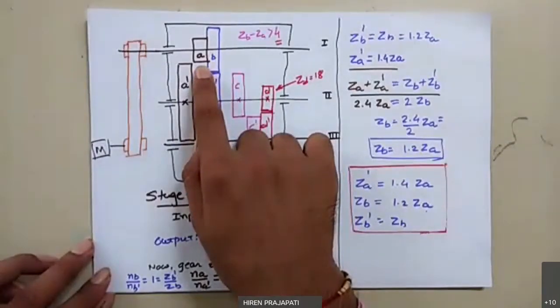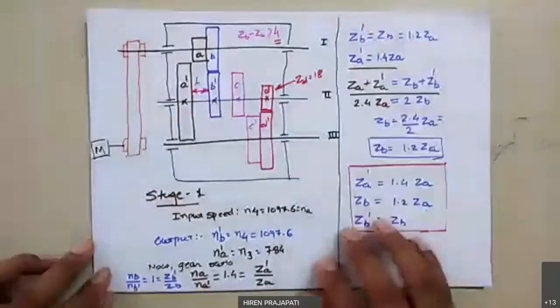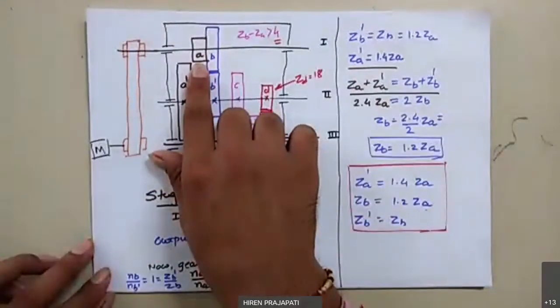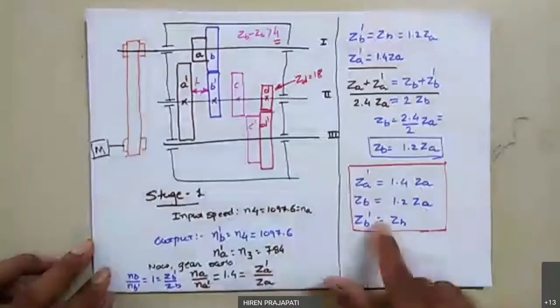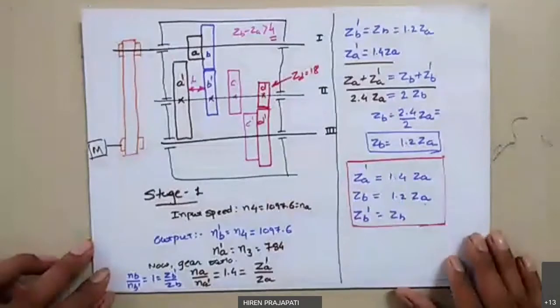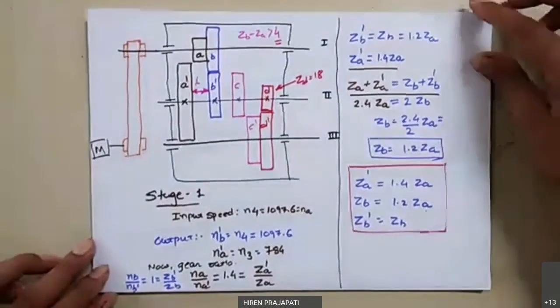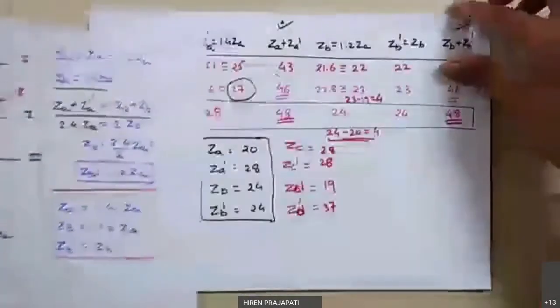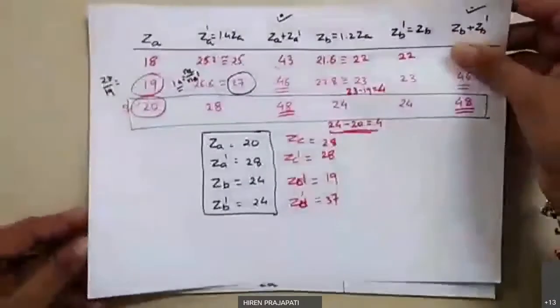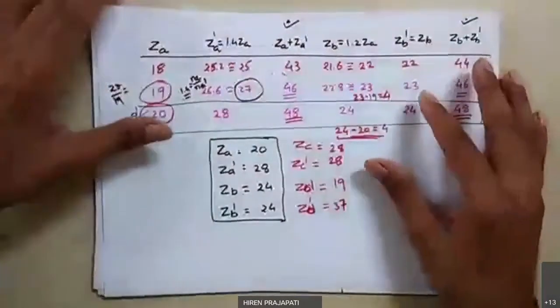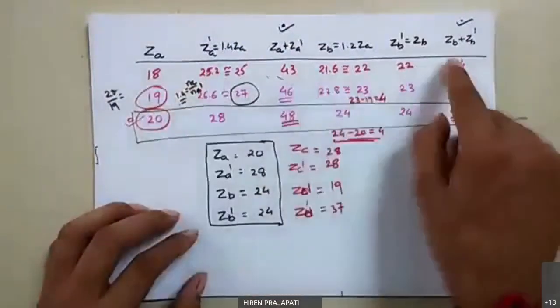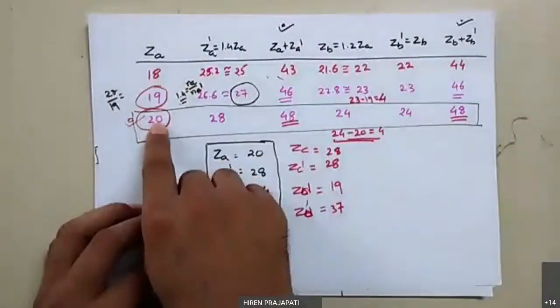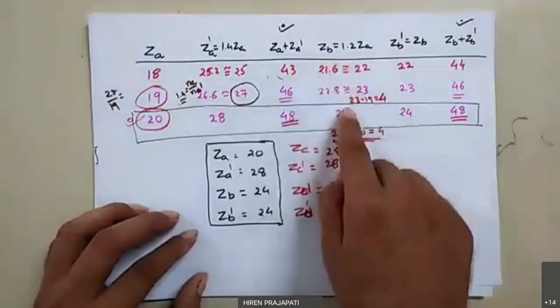To avoid interference, we know a minimum of 18 teeth are required. So we call A a pinion, and we first define 18 teeth for pinion A, right? Then we form these equations based on the different guidelines which we discussed in the last-to-last lecture. Based on these equations, we form one table where each column indicates the number of teeth on gears: gear A, gear A dash, B and B dash.